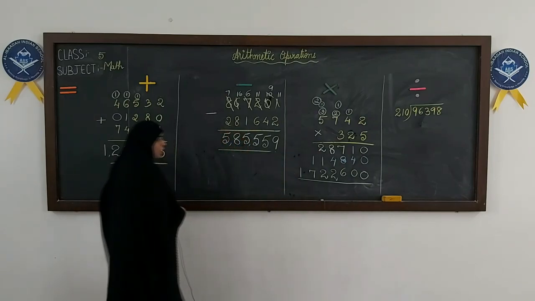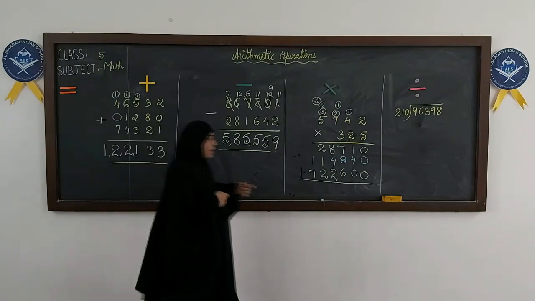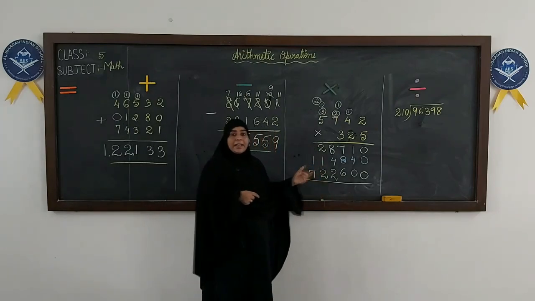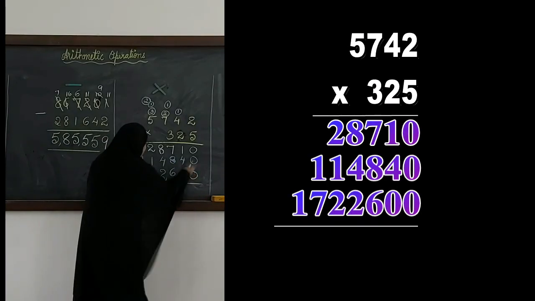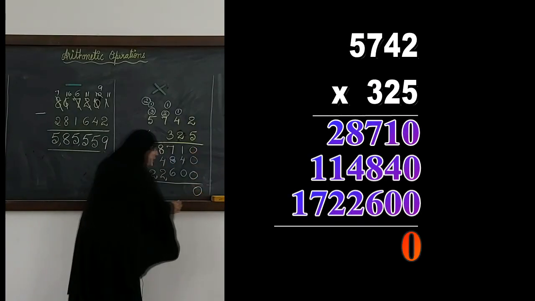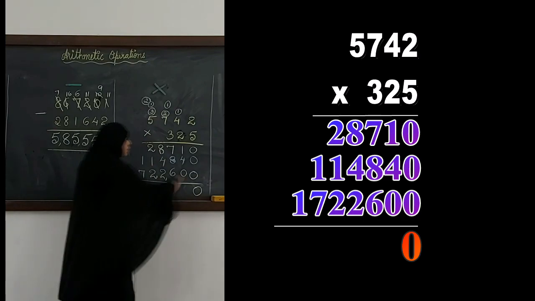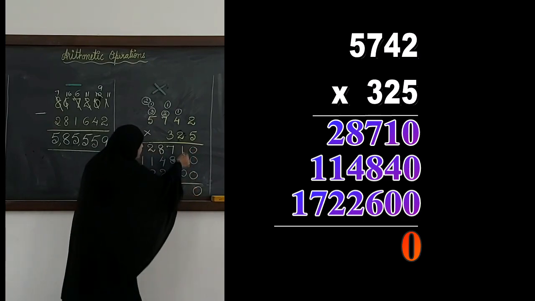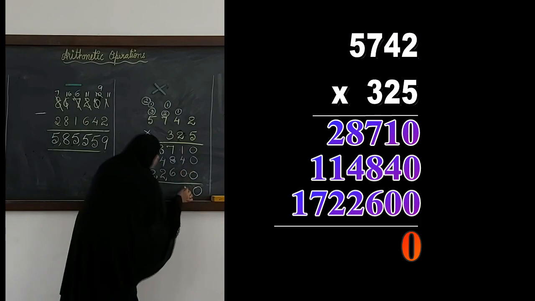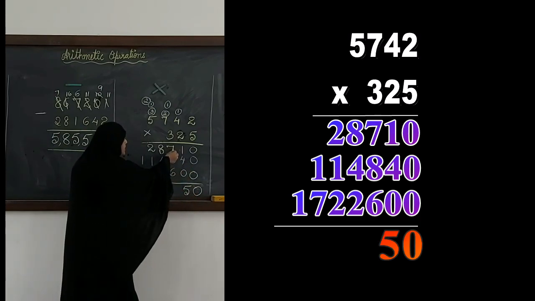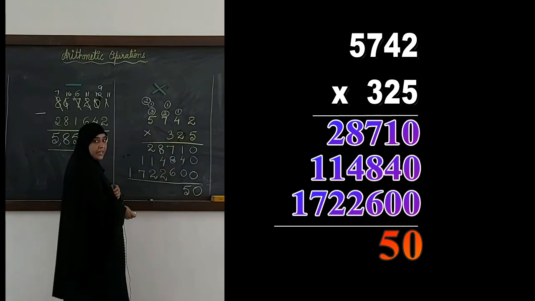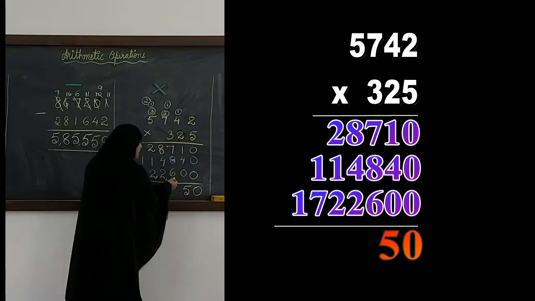Addition we have already seen how we do here, so we'll move a little faster and see how we add and get our final product. Okay, start adding. 0 ones place, again remember start from ones place. Ones place we have added, then we have tens place. 1 plus 4 is 5. Then the third place, 7 plus 8 is 15. 15 plus 6 will be